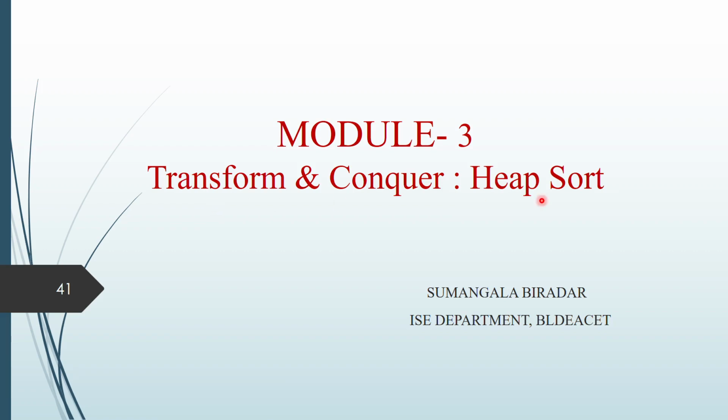Study about heap sort. Sort the given elements using a heap tree under the transform and conquer design strategy. In the last video, you already learned what the transform and conquer method is and how to construct a heap tree under it. So with the help of that heap tree, you can now also sort the elements. If you sort the elements using a heap tree, then you call that a heap sort. Okay, let's see how it works.